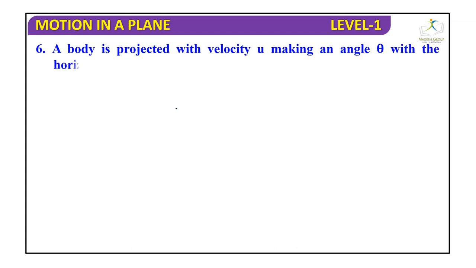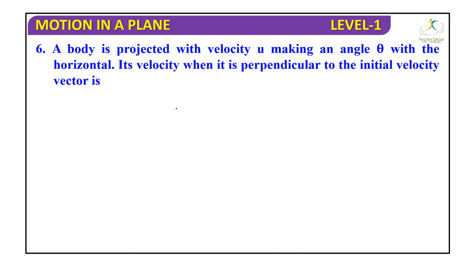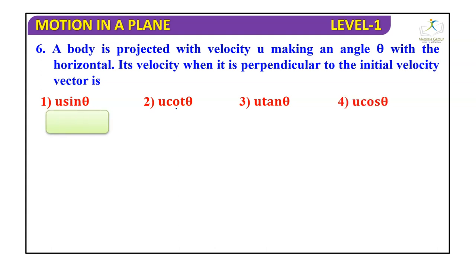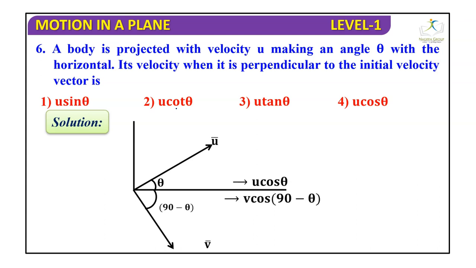Sixth question: a body is projected with velocity u, making an angle theta with the horizontal. Its velocity when it is perpendicular to the initial velocity vector is: u sin theta, u cot theta, u tan theta, u cos theta. So the solution part is like this. This is the diagram where the horizontal component is